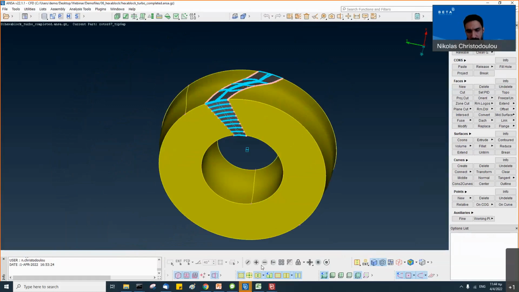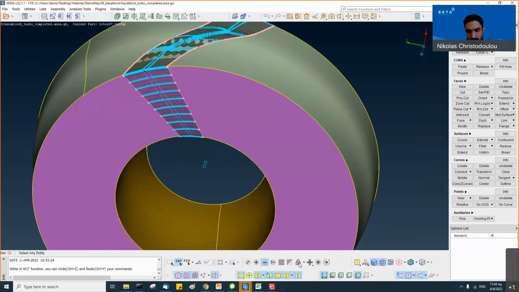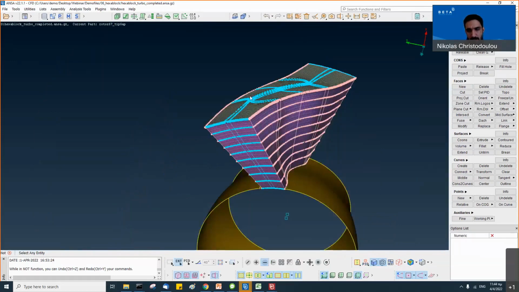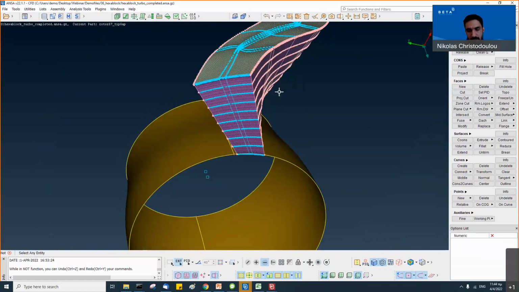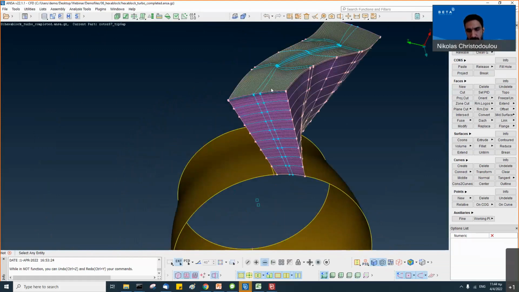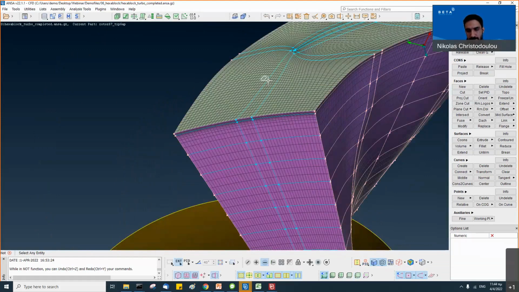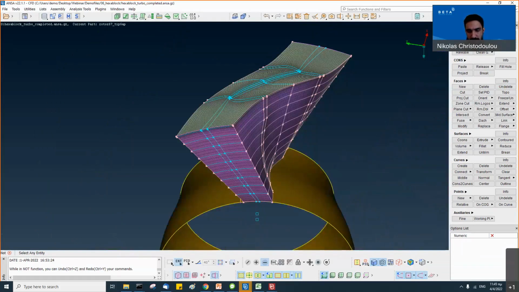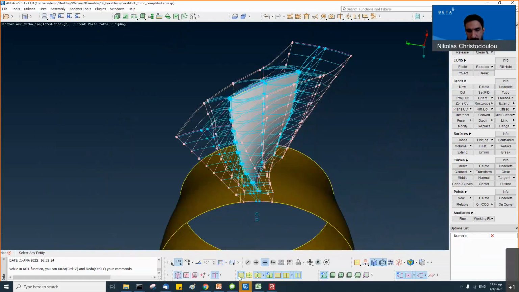And let's have a look. So you see how the box topology is created and the mesh. Let's inspect the boxes.